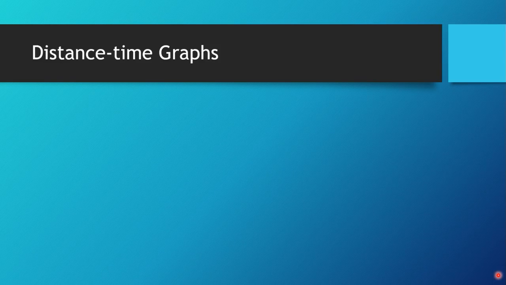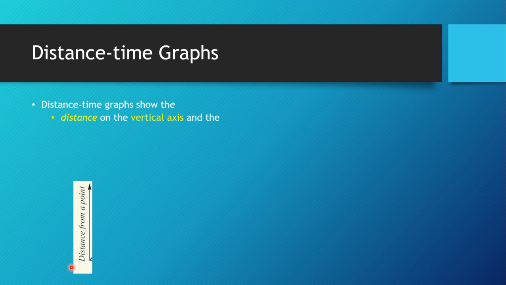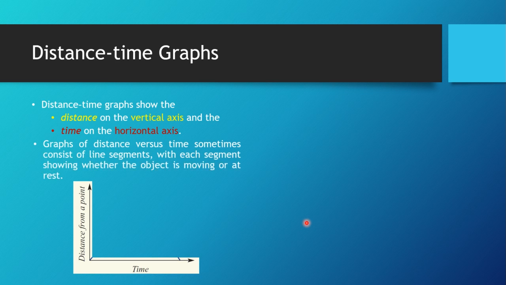Distance time graphs. Distance time graphs show the distance on the vertical axis, time on the horizontal axis. Graphs of distance versus time sometimes consist of line segments, with each segment showing whether the object is moving or